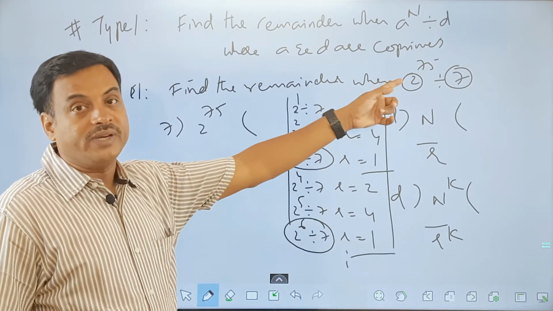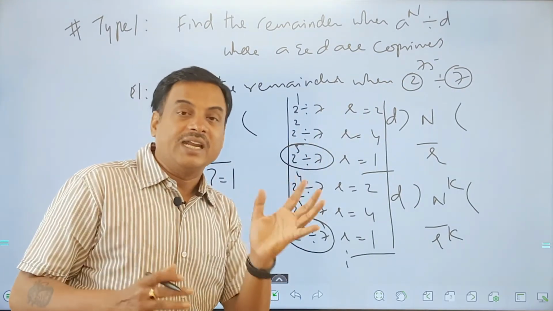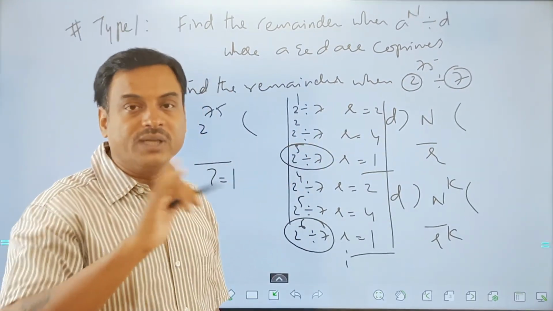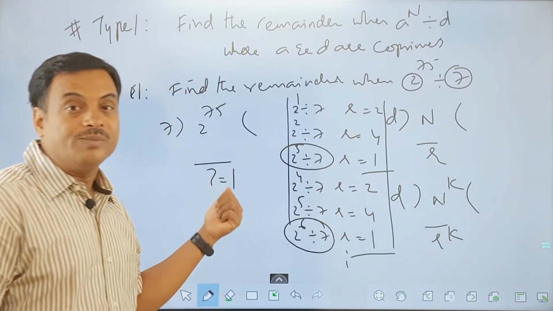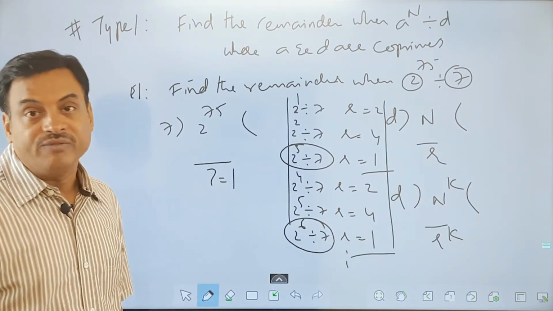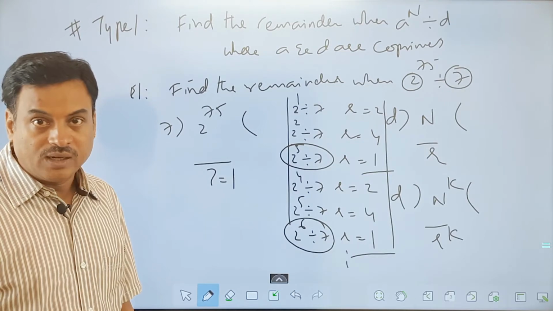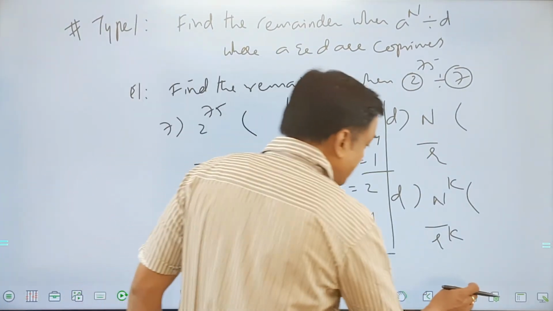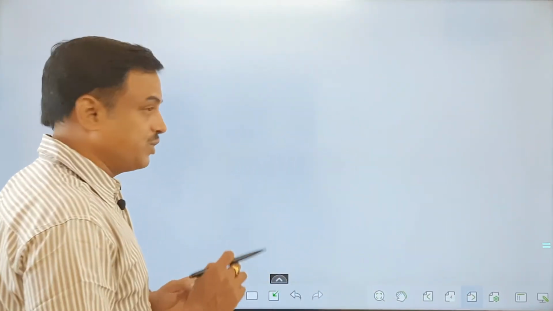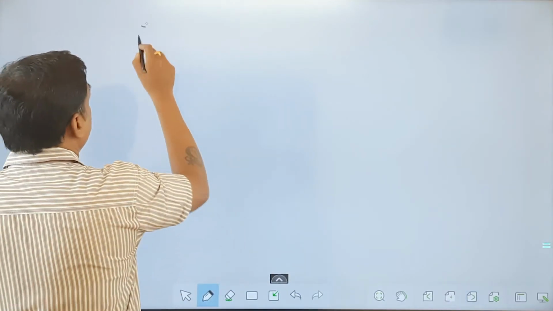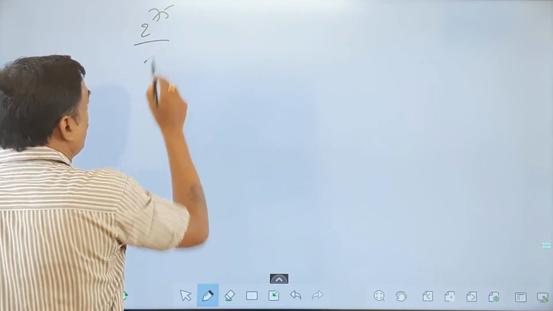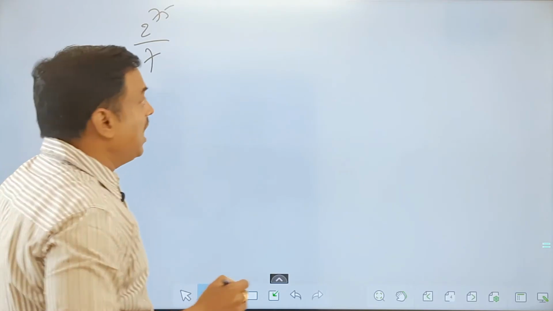And I cannot go up to 75, but I can generalize. I can observe the cyclic order happening over here. And based on that, I can make some general statement. That is one of the approaches. Is that clear, all of you? Next, if I say next one here, second approach for the same problem. Question is 2 to the power of 75 divided by what? 7. Correct? What I do?